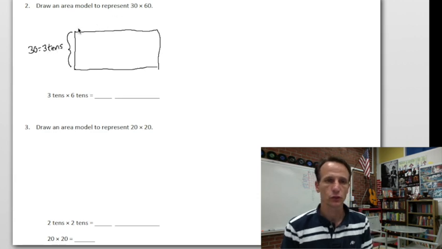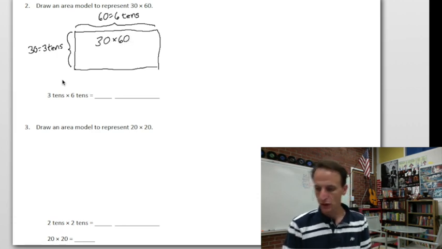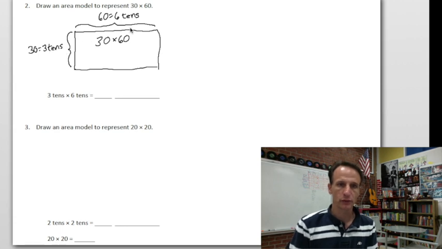Right, and that's what I drew up in the place value chart. And then our width here, again, same thing. This is my 60 side, and I want to keep in mind that this is 6 tens. Now, what does this area model show? It shows 30 times 60, right? 30 times 60, which I could also write as, well, I wrote 3 tens and 6 tens, so I could write this as 3 tens